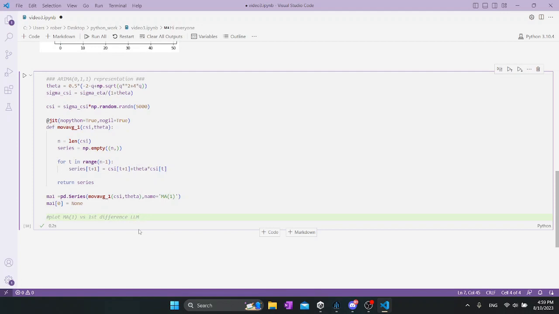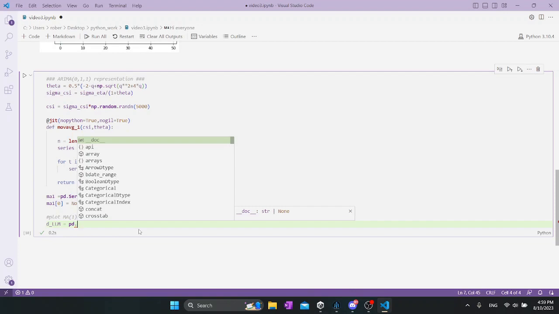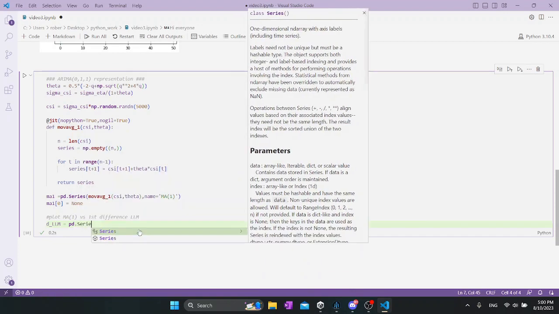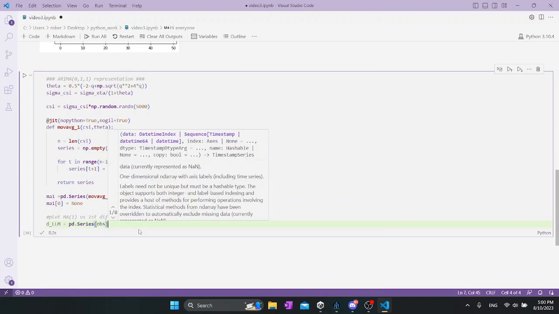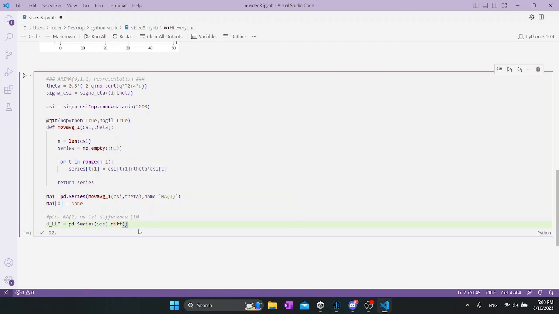So let's take the DLLM equal to pd dot series observation dot diff, and at this point we can plot it,